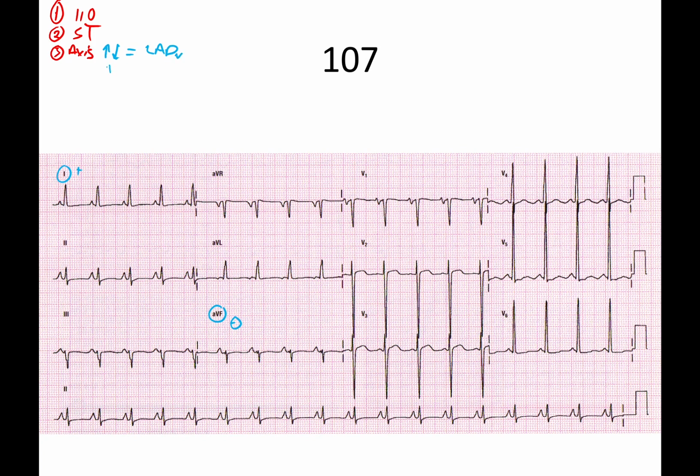Who's our isoelectric? Looks like it's going to be between 2 and the AVF. And we'll go ahead and stick with 2 because it's better balanced. Even though it's a little bit smaller in AVF, lead 2 kind of fits better. So we'll say lead 2, which yields us,